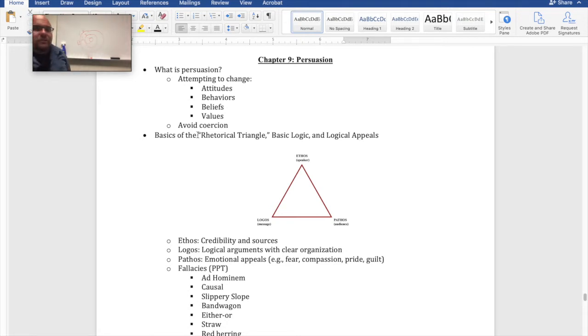Beliefs, those are not as deep as values, but they're still difficult to change. I mean, when you think beliefs, that word, you may think religious beliefs, which makes sense. And that's sort of where our belief level is. I don't know what your spiritual background is. It doesn't matter.